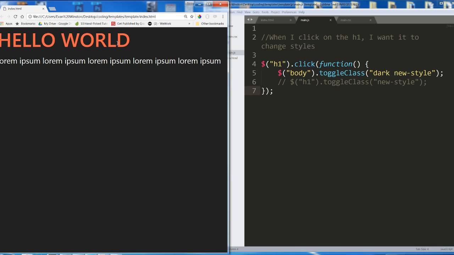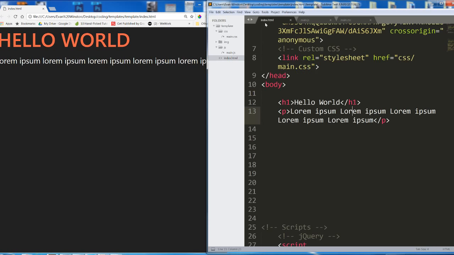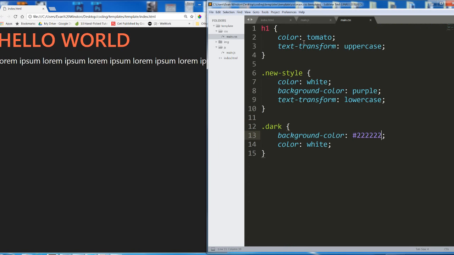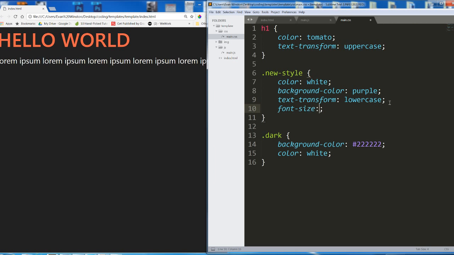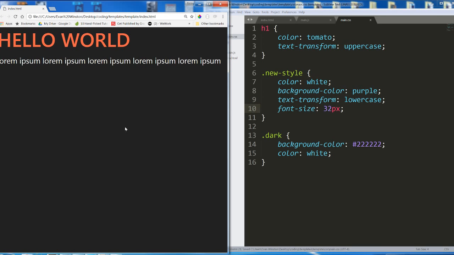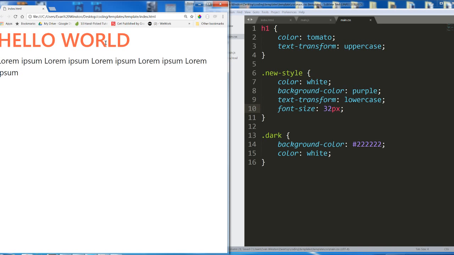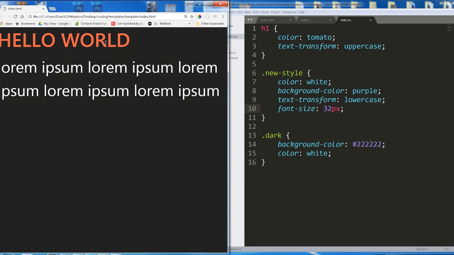Now the class of new style doesn't have an effect on the body, but let's see, what can we do? Let's make the font size of that paragraph bigger. There we go. So now both dark and new style are taking effect